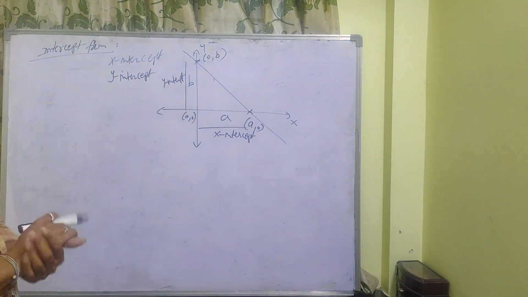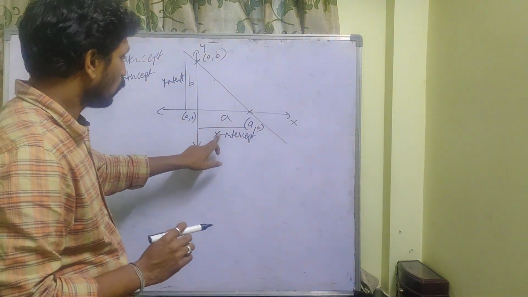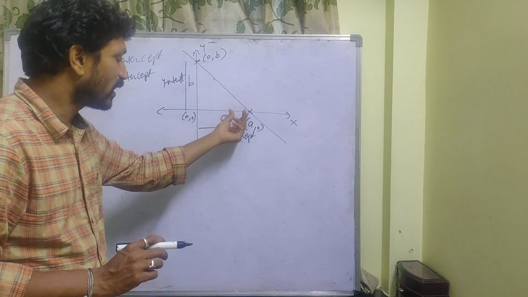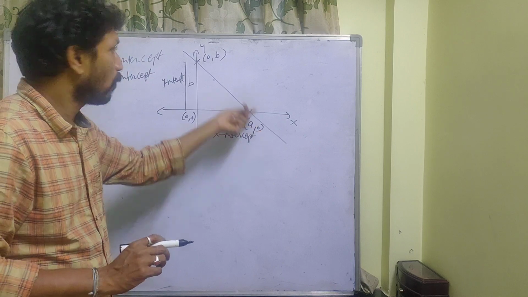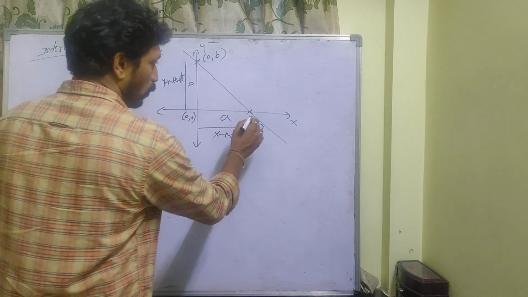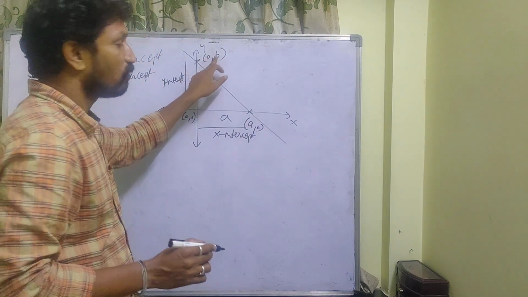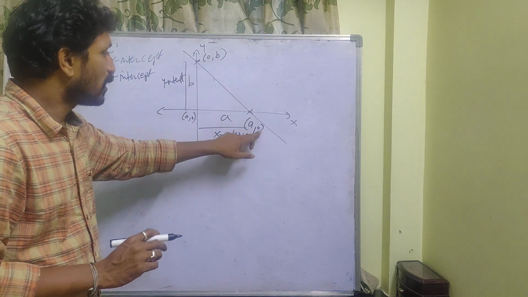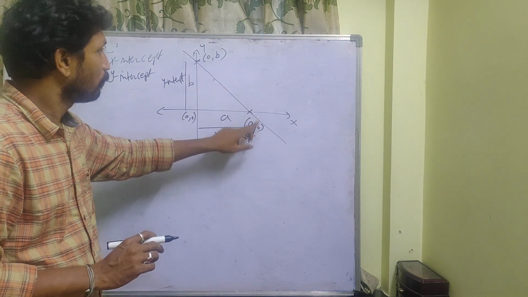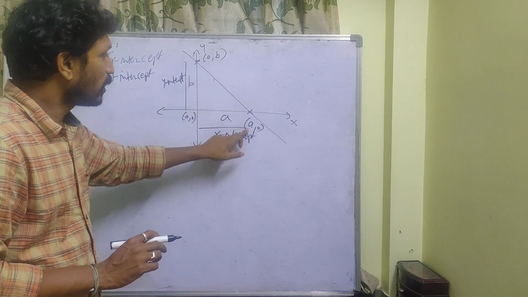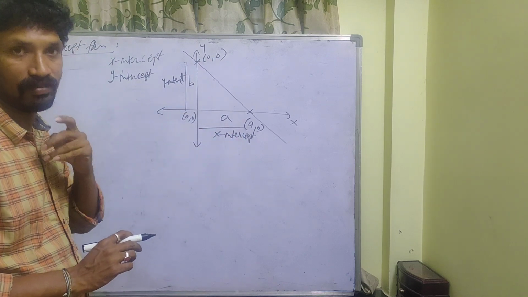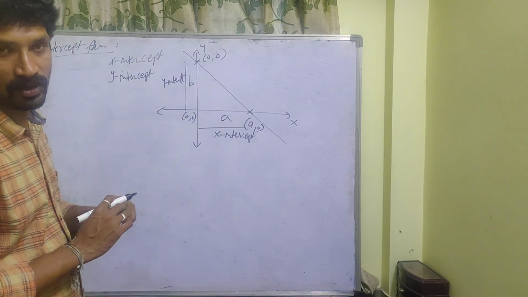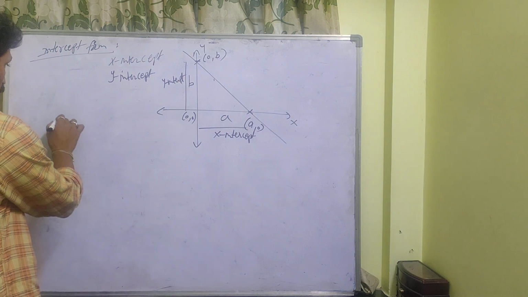Then the equation of the line, how will it be? Whenever you have 2 points on this line, indirectly we can say (a, 0) is one point and (0, b) is another point. So it will be some (x1, y1) and (x2, y2). What is the slope of this line? (b minus 0) by (0 minus a). That is nothing but b by minus a, the slope. You use any one of the points, (a, 0) or (0, b). So what is the equation of the line?